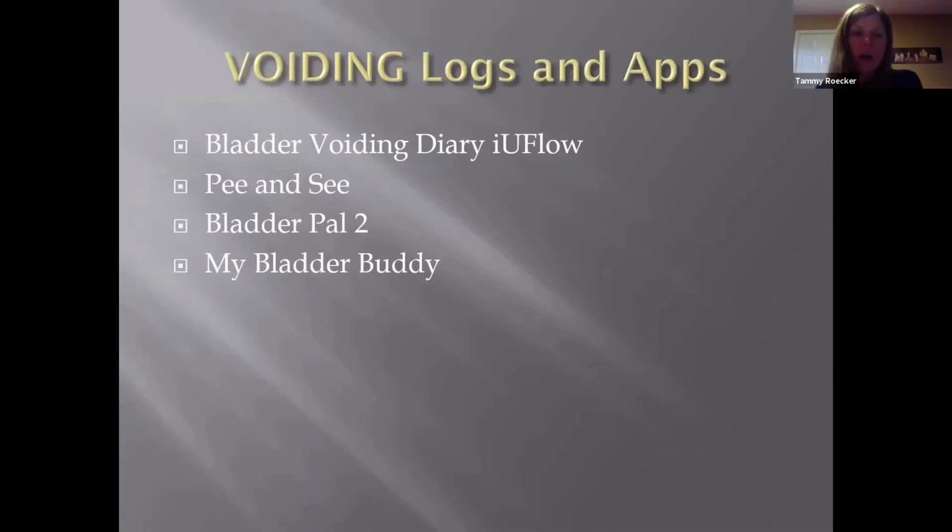There are voiding logs. You can either keep track of it yourself, but there are some apps that could help you. I found some at the App Store. The Voiding Diary, IUFlow, the PNC, the Bladder Pal 2, and My Bladder Buddy. They're all apps, and they keep track of the fluid intake, your food intake, the presence of irritants, how many times you've voided and the amount, the number of seconds with full stream of urine, 8's normal, how many bowel movements, what it looks like, were you straining,